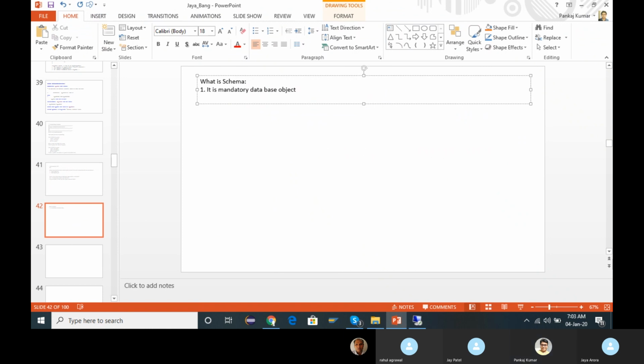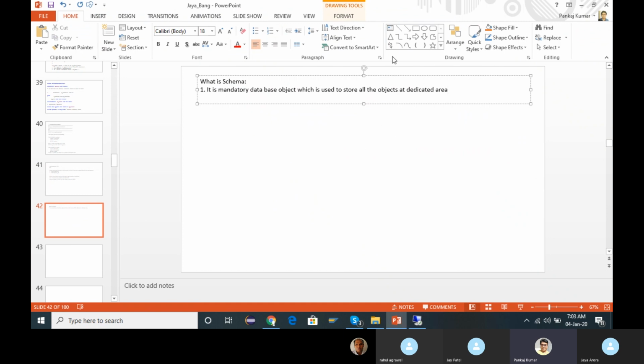It's a mandatory database object which is used to store all the objects at a dedicated area.